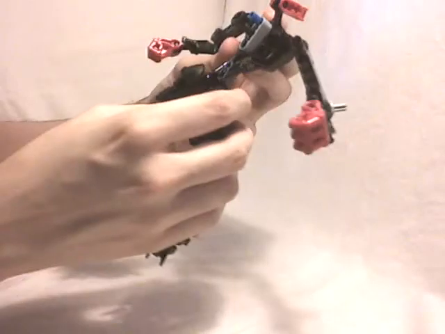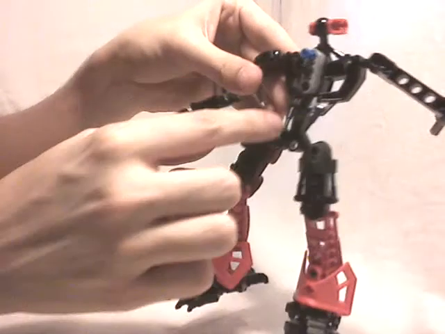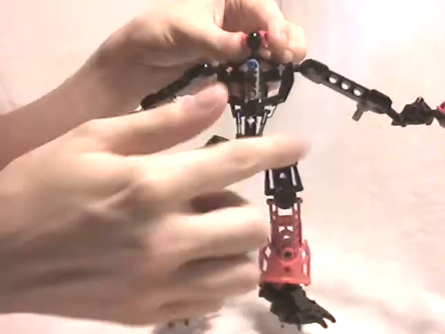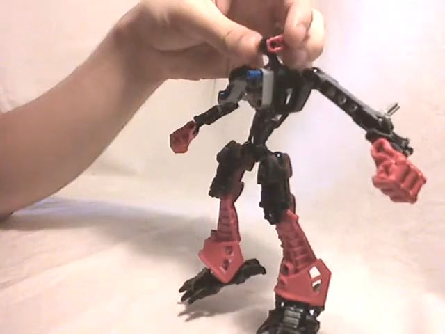Now for the body. You can see it's a Hero torso frame, hero torso part, excuse me. It means you've got the 5 ball joints right here. Then we're going to use these little technique beams to put the head part